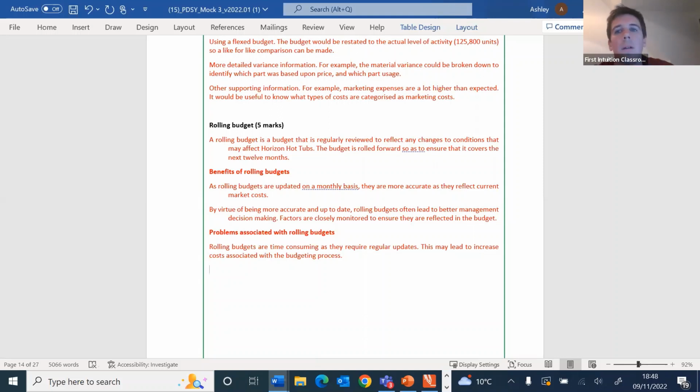You know, imagine the standard cost of producing a table in terms of materials, let's say, is £5. In January, it's £5. In February, it's £6. In March, it's back down to £5. In April, it's £7. I'm going to stop caring because it's going to be very difficult to keep up. So one of the big problems with rolling budgets is the targets, the standards keep changing because you're constantly updating. So as the standards change continuously,